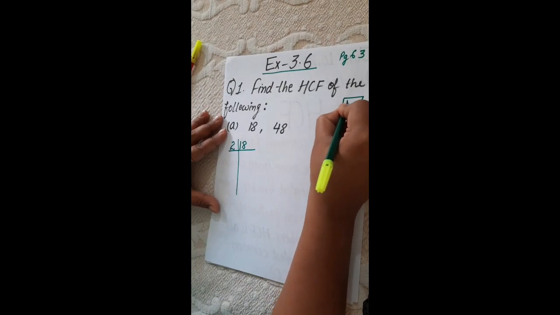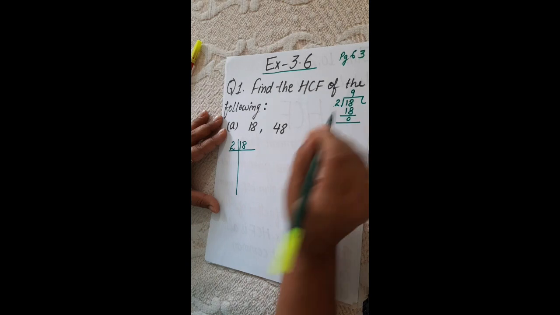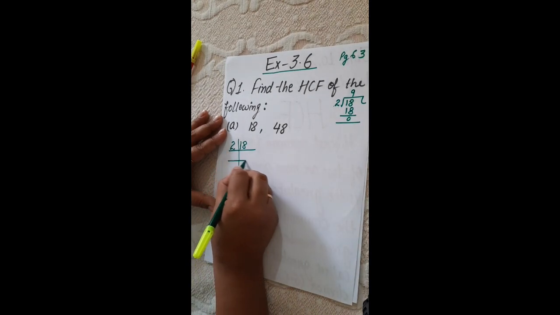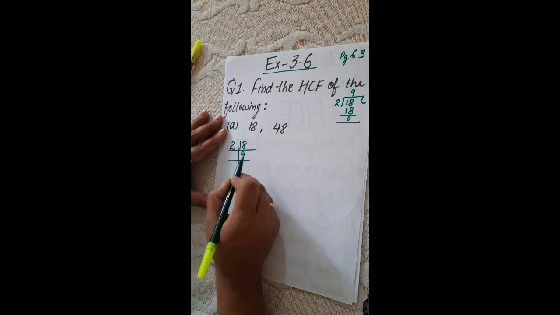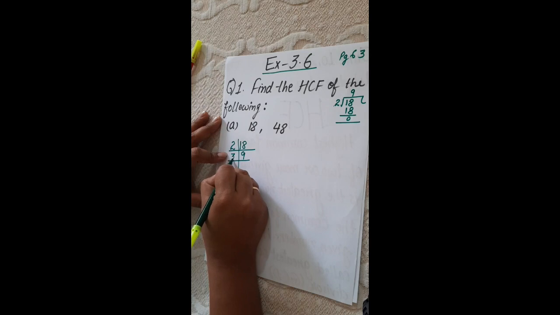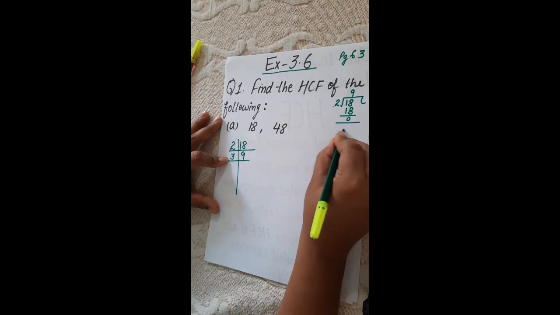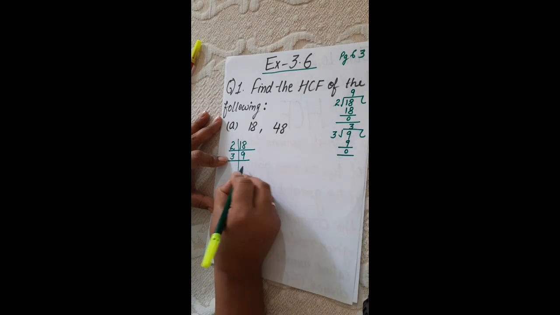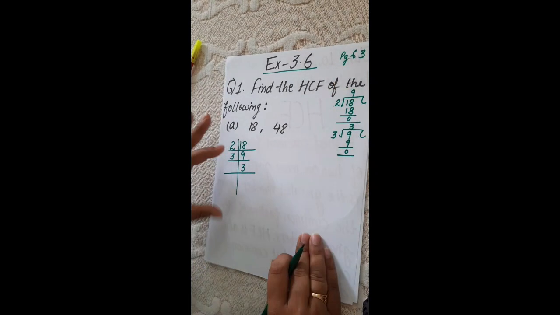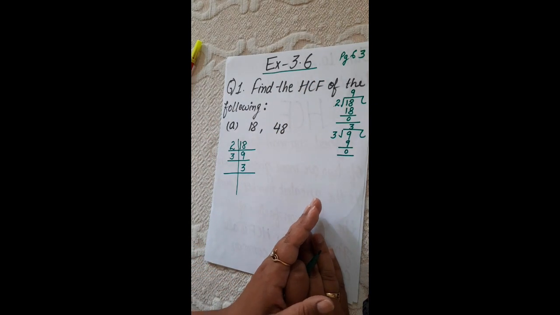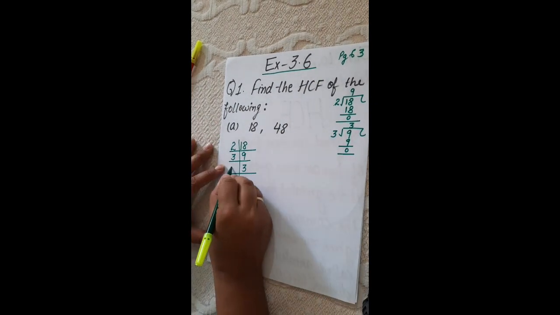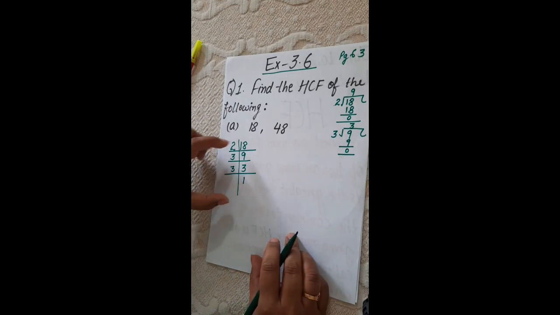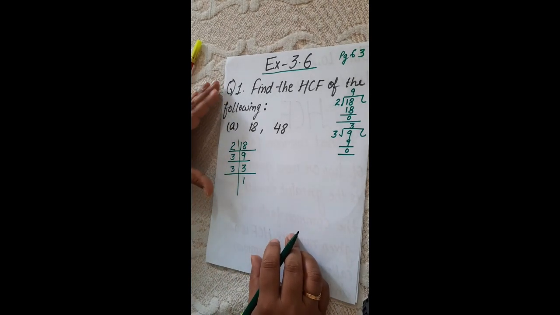Just divide 18 by 2. 2 9s are 18. So after dividing 18 by 2, we are left with 9. We know that 9 is not a multiple of 2, so we will continue with 3. When you divide 9 by 3, 3 3s are 9, so here I get 3. You can show these steps on the right hand side of your notebook. Then 3 1s are 3. So this is the prime factorization of 18.